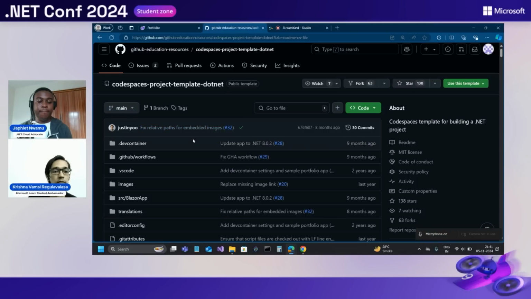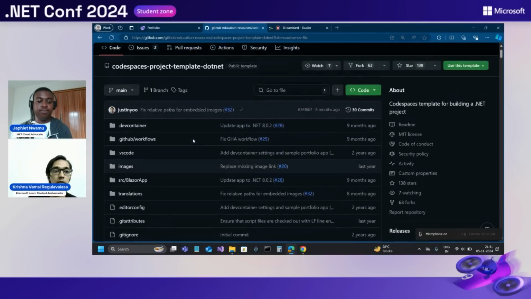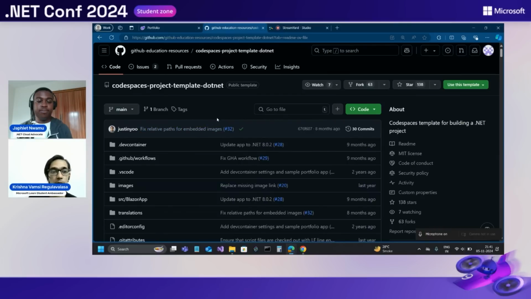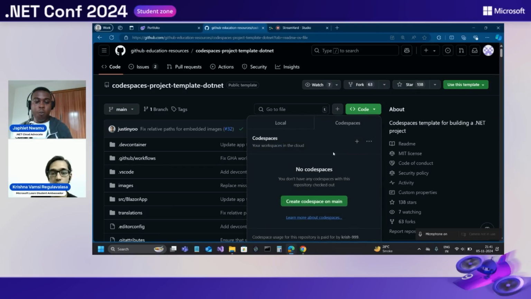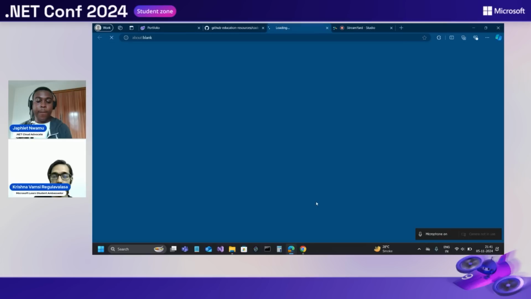So let us start with this Codespaces and how we can build effectively your own portfolio within just low code or no code. Let us dive in. So I think everybody is on par with me, and we are here in GitHub. And here you can see on the top right the green code button, and you can create a codespace on the main. Click on that link